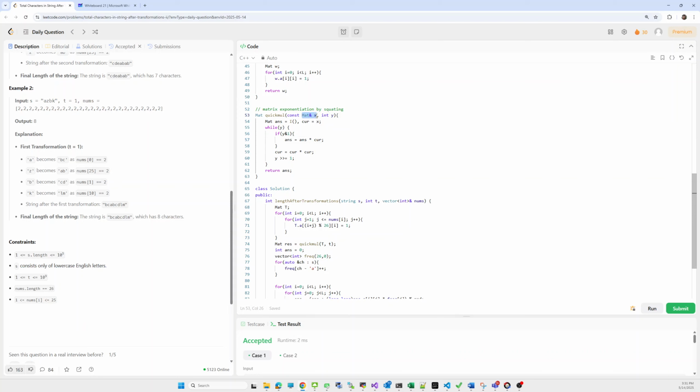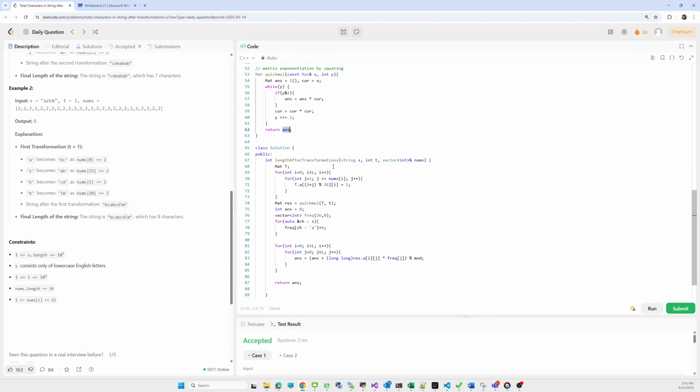Okay, and this current value is updated from the matrix, whatever the r matrix. Here we are updating the answer. Now we have to update the current, meaning here we are just squaring this matrix. And here we are dividing the exponent by 2. Either we can divide by 2 or do a right shift by 1. In the end we'll return the resultant matrix, meaning this answer will hold the matrix which is x to the power y. It is equivalent to the x matrix to the power y.